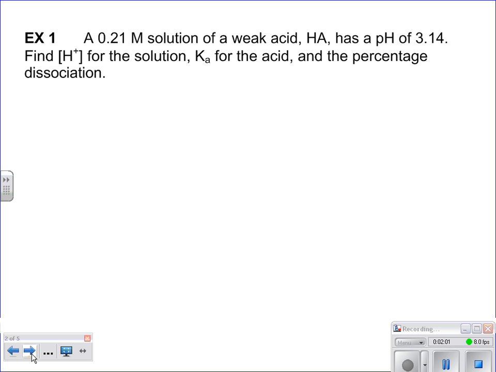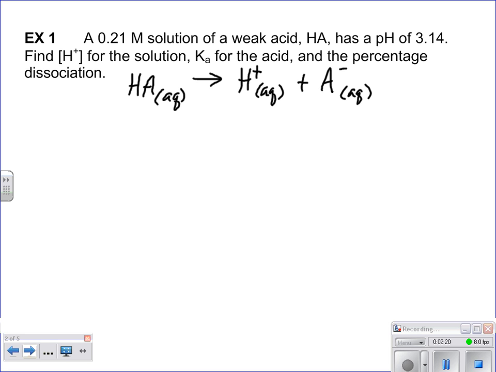If this were a strong acid, I would just say that HA, which is aqueous, is going to dissociate or break apart into its two ions, which would look like that. But it's not a strong acid, instead it's a weak acid, so instead of having a one-sided arrow, I have to have a double-sided arrow, so I'm going to set up a RICE table. It's possible for me to use this equation just the way I see it, or we can go ahead and set it up by adding it into water. So we've got our HA, we add it into water,